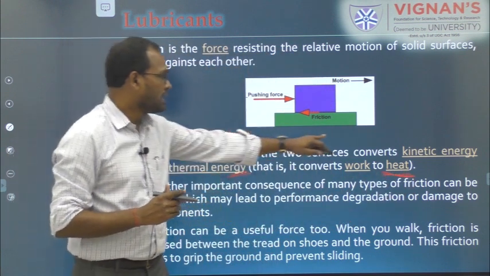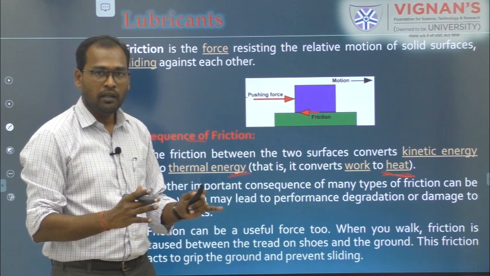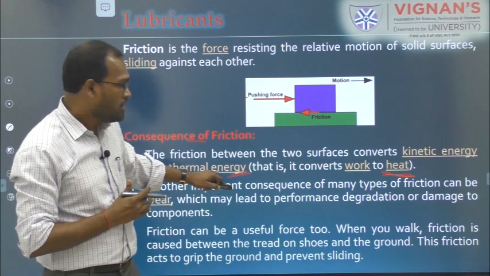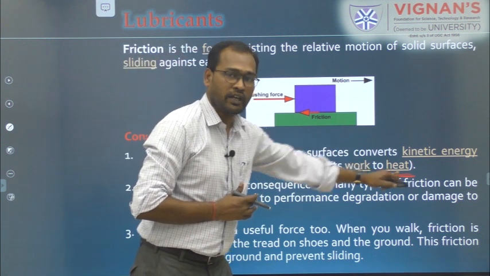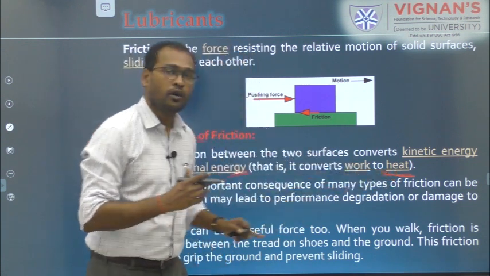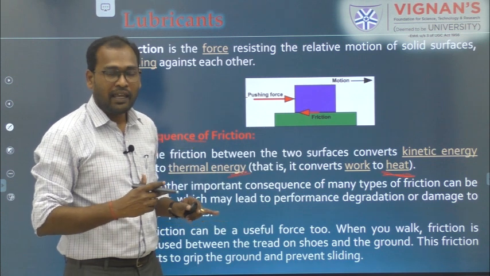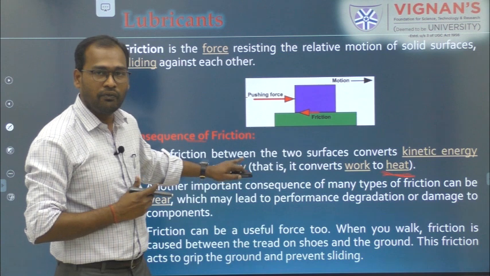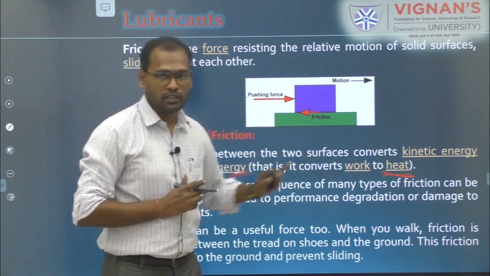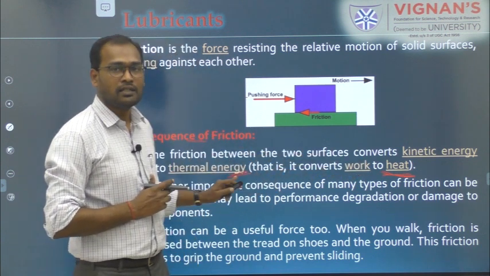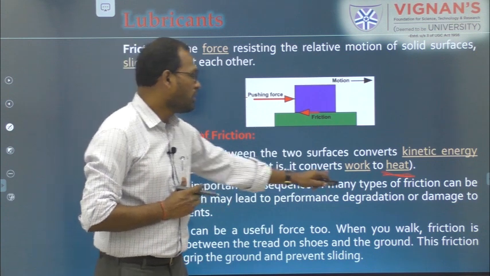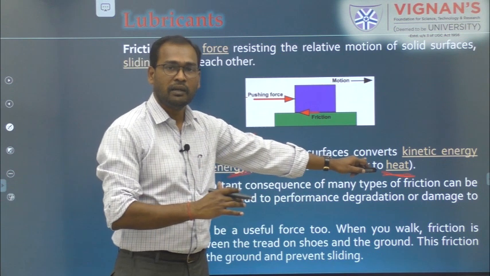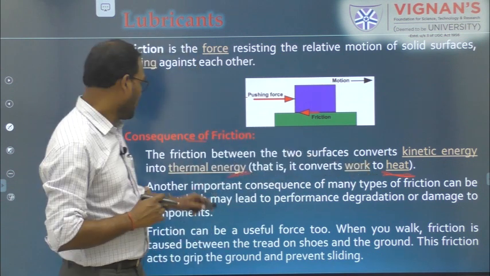Right, so whatever kinetic energy is possessed by the material will be converted into thermal energy, and this thermal energy will be dissipated in the form of heat, and this heat is going to increase the temperature. If the temperature increases, some part of the force has been lost. Some of the energy is lost, some of the work has been lost. So because of this, there will be some deficiency, or the efficiency of the material will be lowered. Okay, so that is one.